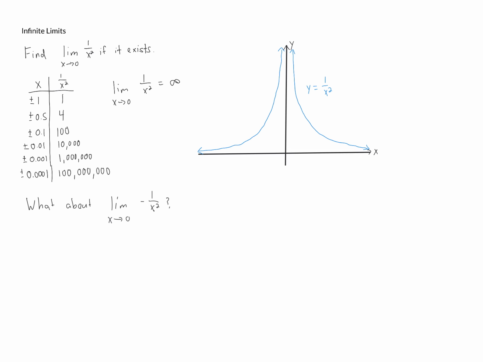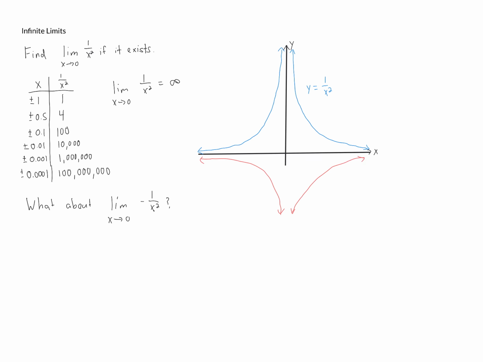Now, here's the thing. If we put a negative in front of this, what that does is it makes all of these values negative. And in fact, if we were to look at the graph of this, the graph of this would be a vertical reflection. Just going to kind of sketch it down here. It's actually going downward